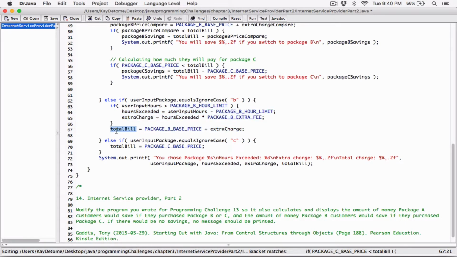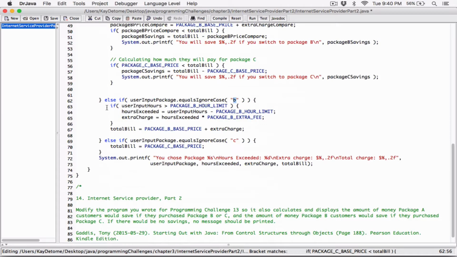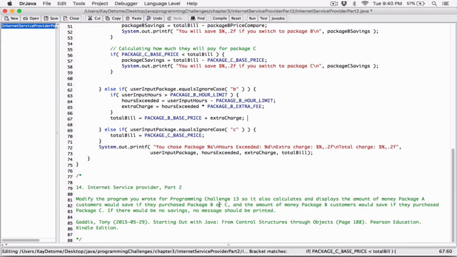Now this total bill here is referring to package B, because we're in the package B block now. They've chosen package B, so this total bill is referring to package B. Unlike before, this total bill here was referring to package A. Now we're in the package B block, so we are referring to the total bill for package B. So if the program says we should calculate how much they are going to save